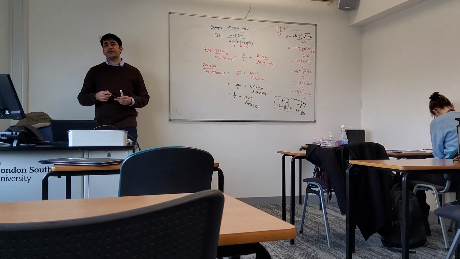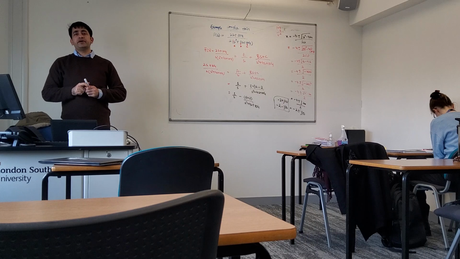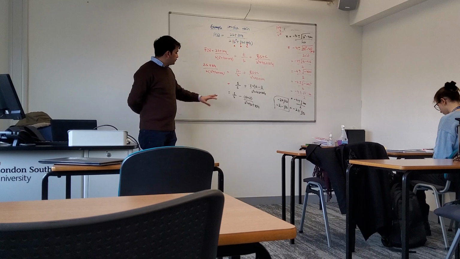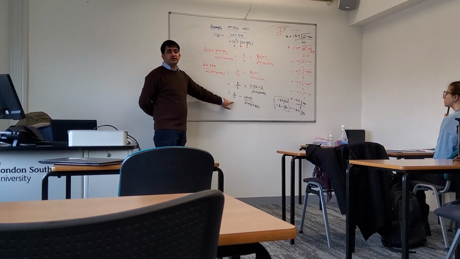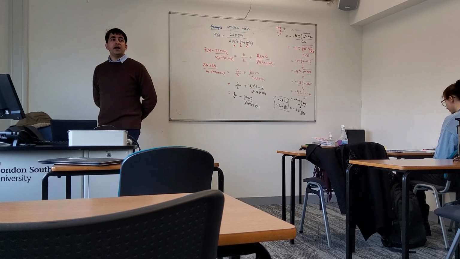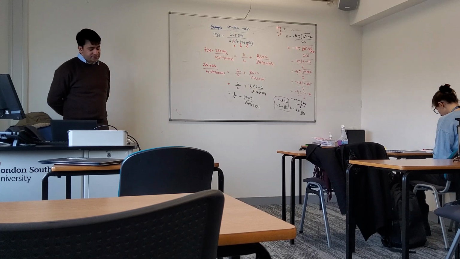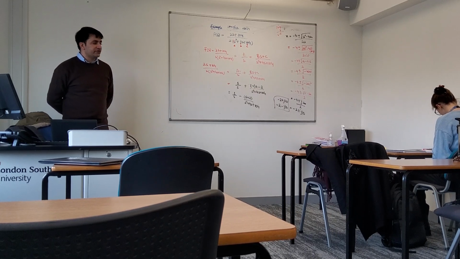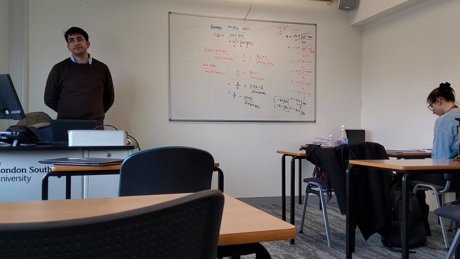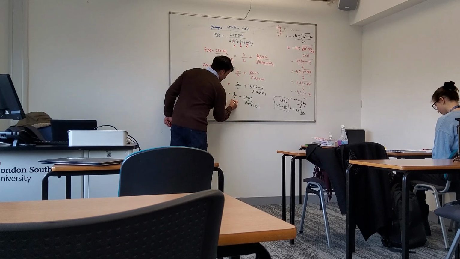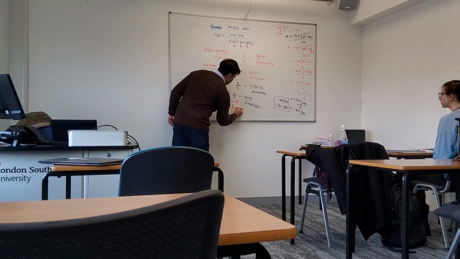Now we need to take inverse Laplace, right? We just split them. Now taking the inverse Laplace transform, we'll see how we're going to do it. For this part, what is the inverse Laplace? 1, right? 1 or U of t. That's good. And what would be the inverse Laplace transform for the other part? For this part, we know that the inverse Laplace transform is 1, or sometimes we also write U of t,